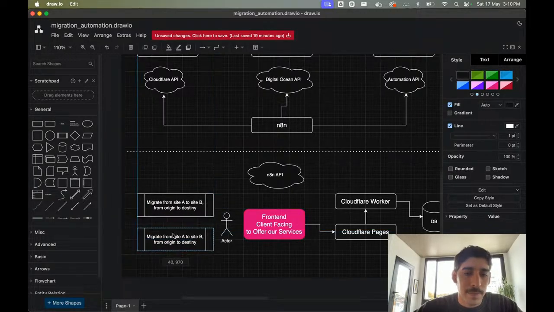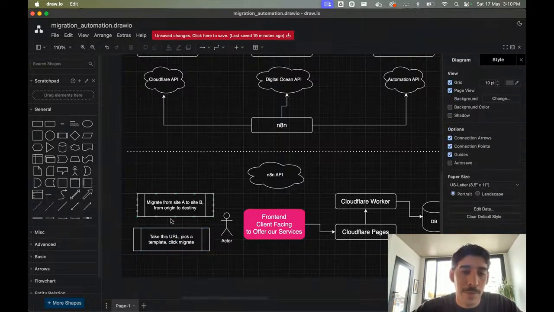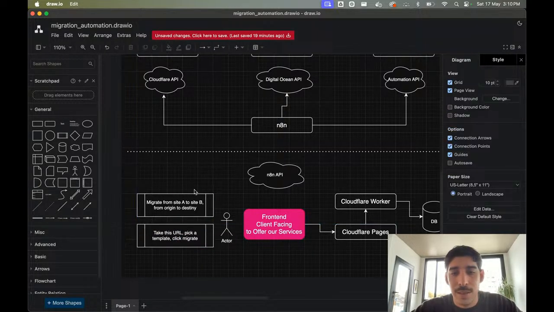Basically, take this URL, pick a template, press migrate. That's it, click migrate. That would be 3 steps, 3 selection options.